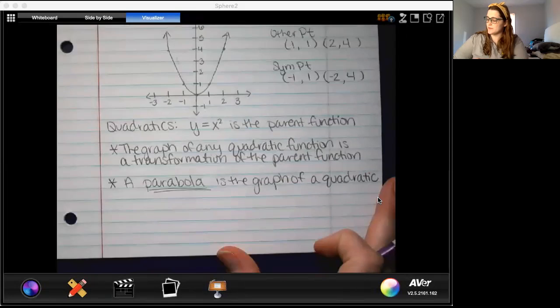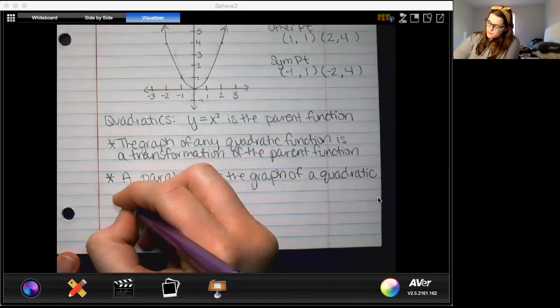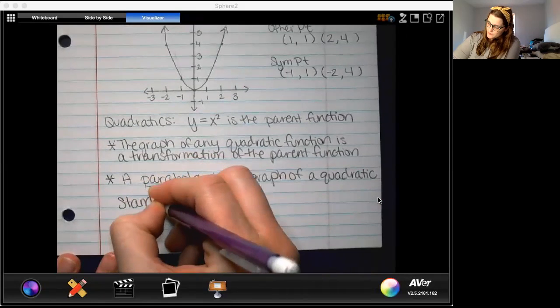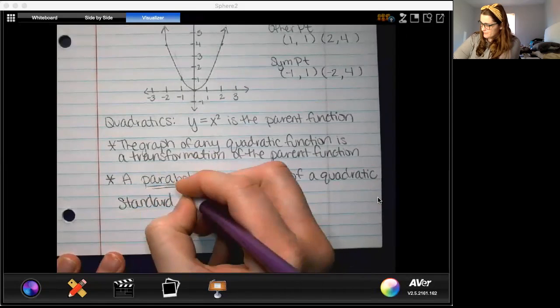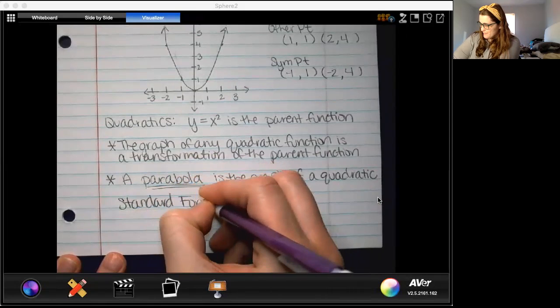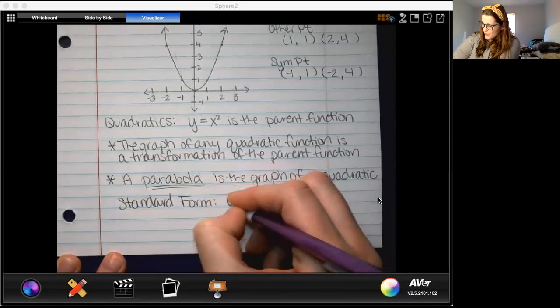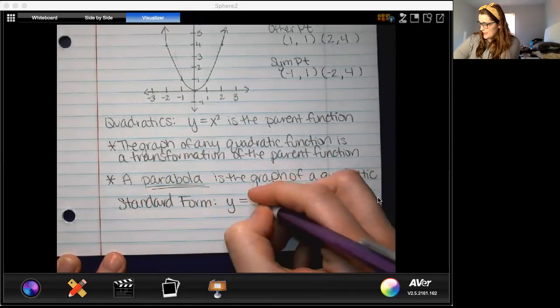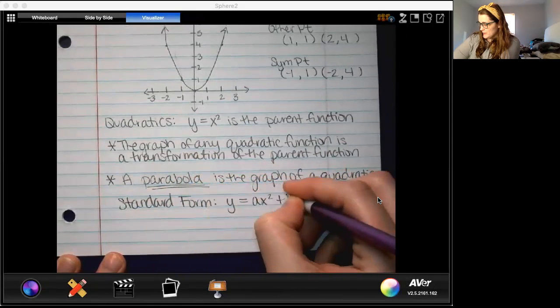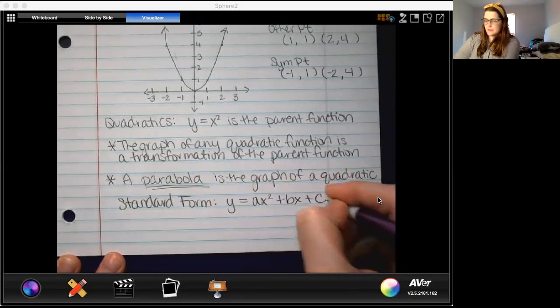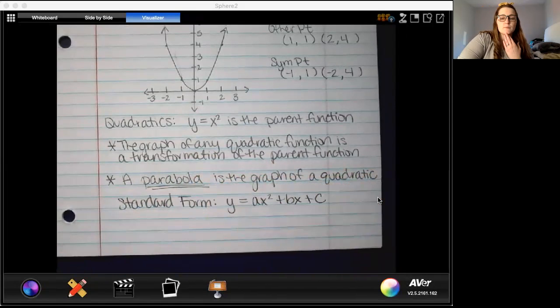So we have standard form, which we've used a lot in the last unit, which is y equals ax squared plus bx plus c, which is great. But we have another form that will be more helpful for us in reference to